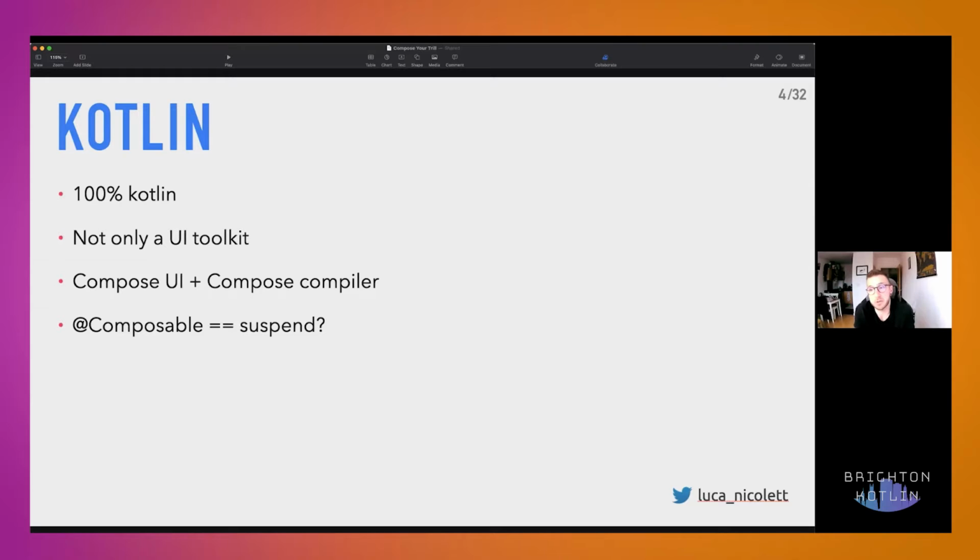So as said, Jetpack Compose is entirely written in Kotlin. Also, Compose is not only a UI toolkit. There are actually two fundamental components in Compose. One is the Compose UI, the collection of all the libraries exposed by Google, which will allow you to define your views and screens. The other one is the Compose compiler, which is hidden behind the scenes and allows us to use Jetpack Compose the way it's supposed to be used, without the necessity of writing too much code ourselves. The main building block of Jetpack Compose is the Composable annotation, and we'll see later how